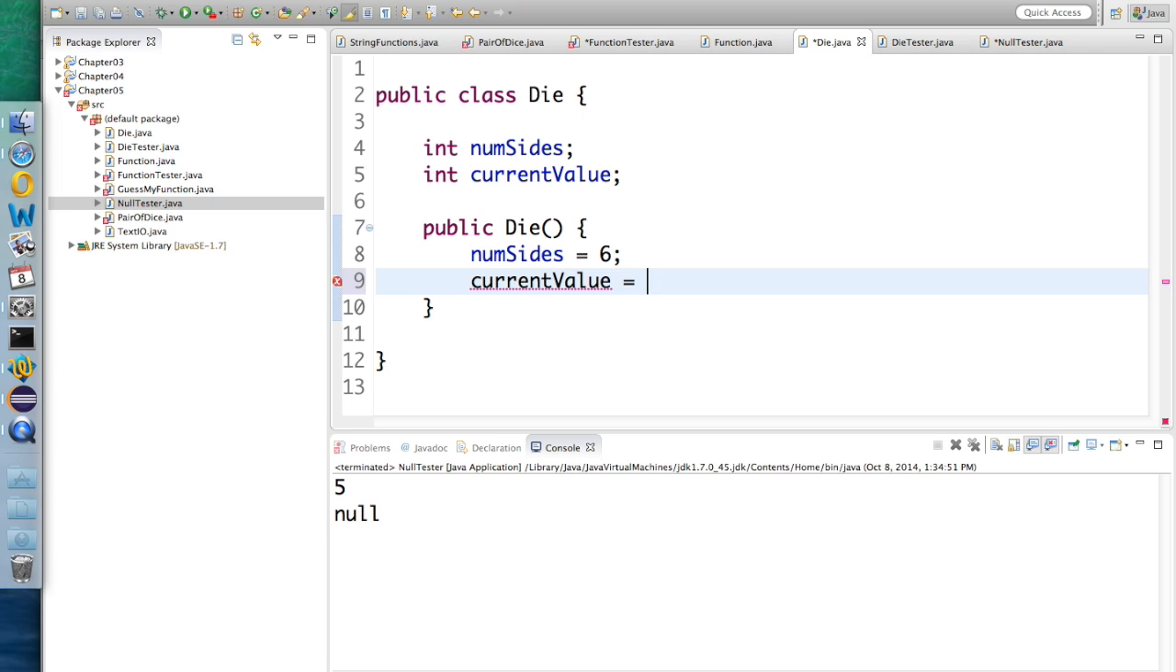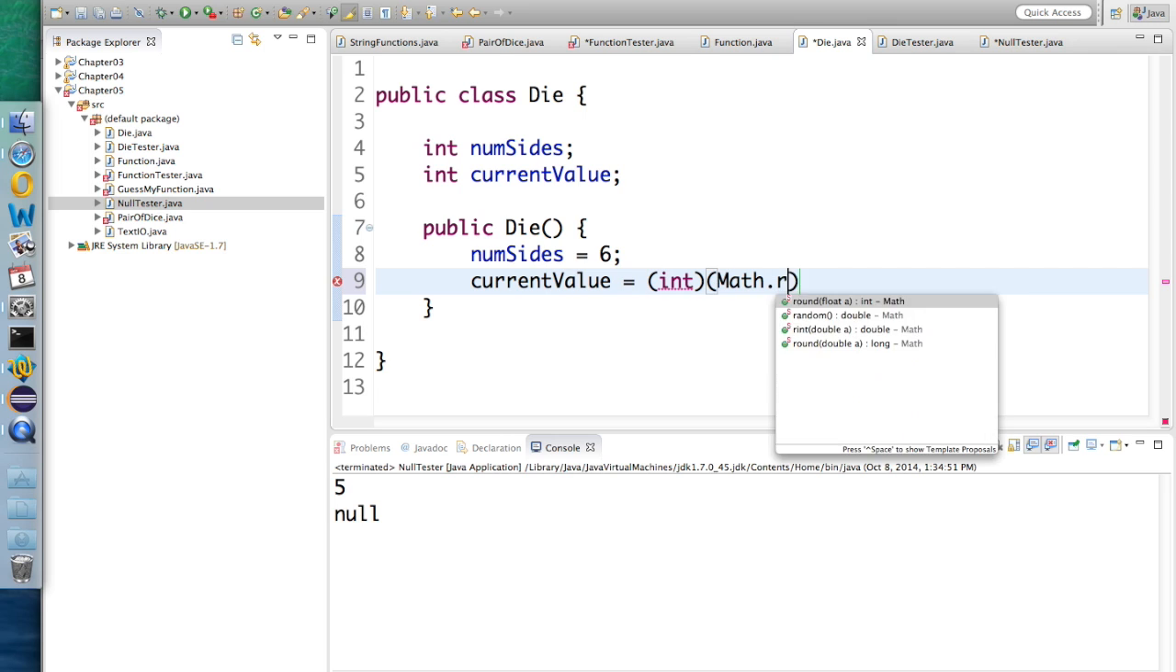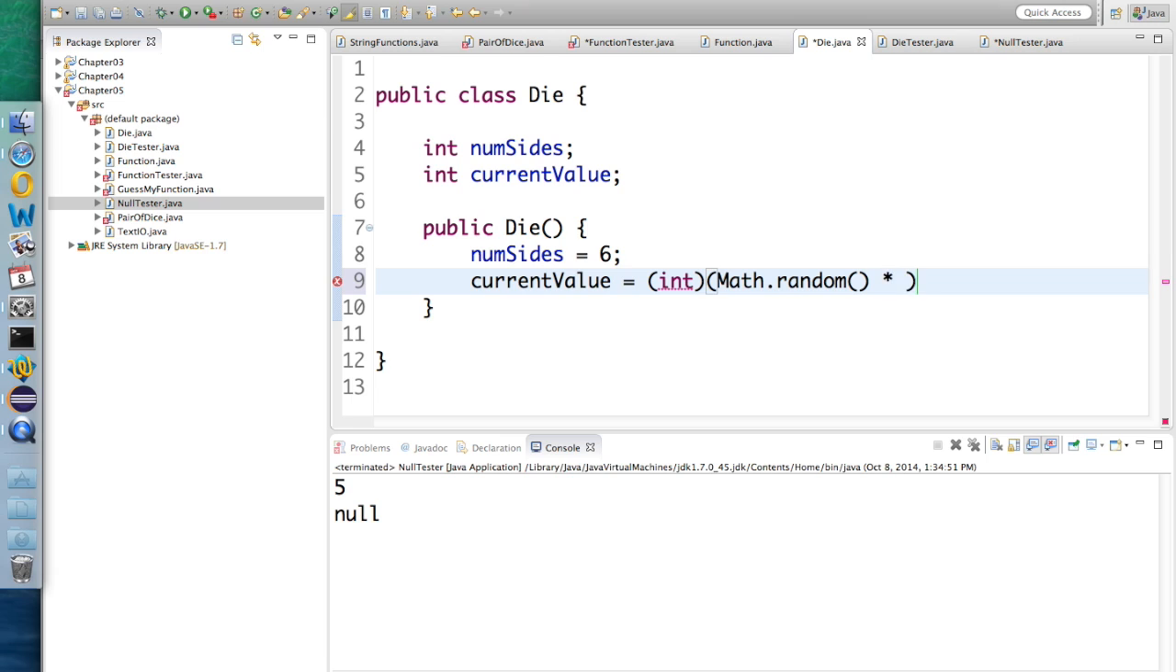Something random, right? Like if you kept asking someone for a new die and they kept giving you the exact same die facing up with the same number, that would maybe seem a little weird. They're not really expecting that. They're probably expecting a random number. So let's do that. Let's say int math.random times 6. And that will give something from 0 to 5, so we add on a +1 to get it